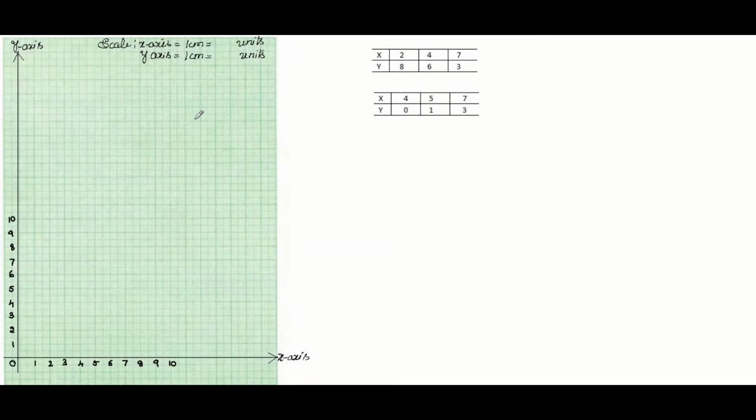So, graphical representation of question 1. Here in the first group of points, in the x-axis the maximum number is 7. So for 1 centimeter apart, I have taken numbers from 1 to 10. In the y-axis the maximum number is 8. So here also in the positive y-axis, I have taken numbers from 1 to 10, 1 centimeter apart. So the scale will be, for x-axis 1 centimeter is 1 unit, and for y-axis 1 centimeter is 1 unit. Next, we need to plot the graph.